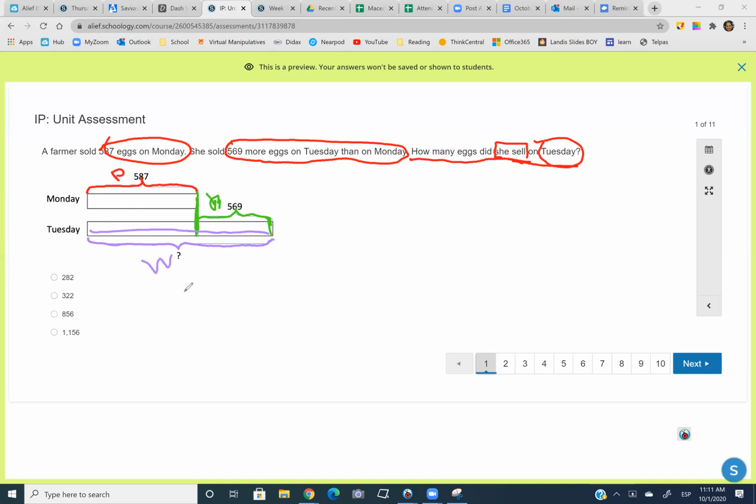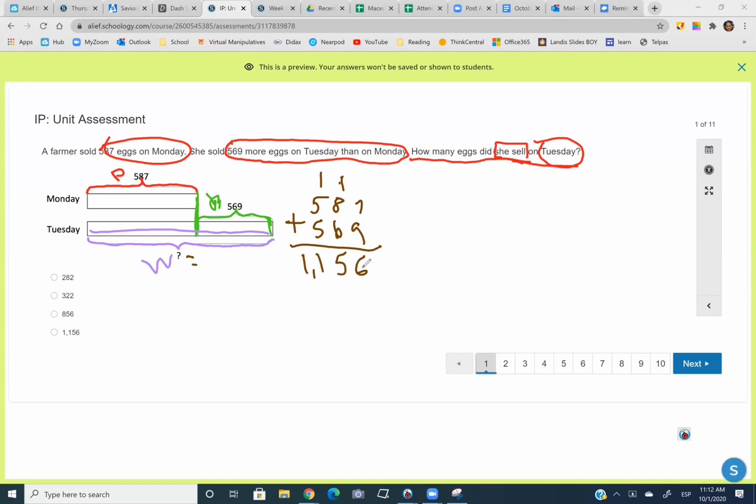Now I'm going to remember that every time I'm looking for my whole, I'm going to do addition. Remember that, because when I'm looking for the whole, I'm going to do an addition. So I'm going to add the two parts, 587 plus 569 to find the whole. So when I add it, 7 plus 9 makes 16, 8 plus 6 plus 1 makes 15, and that makes 11. So my answer is